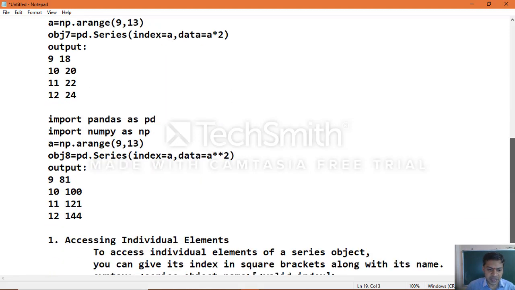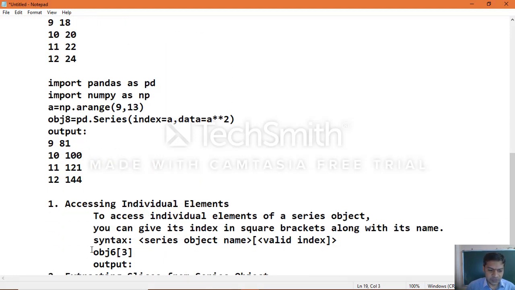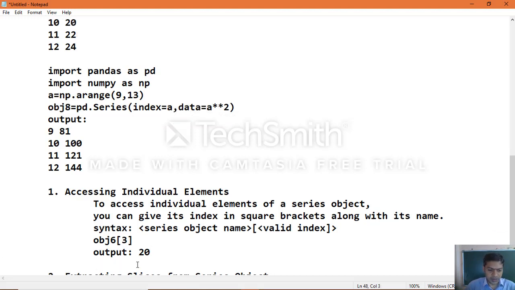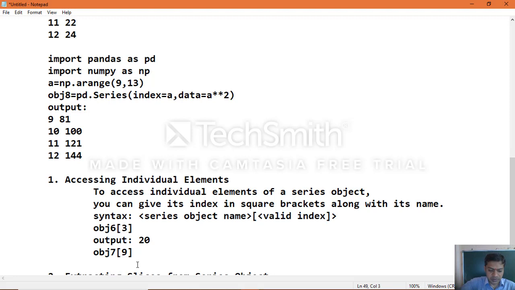Now the moment you execute obj6 of 3, the index number gives you the output as 20. In the same manner, apply obj7 of 9, then the output you will see: in object 7 which we created, indexes 9, 10, 11, 12, the data is multiplied with 2.